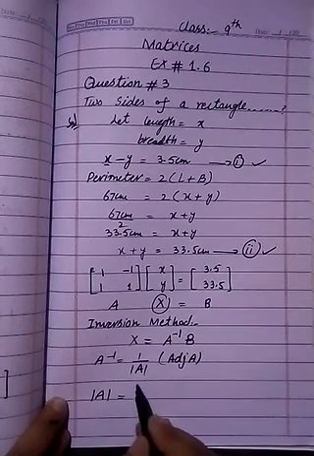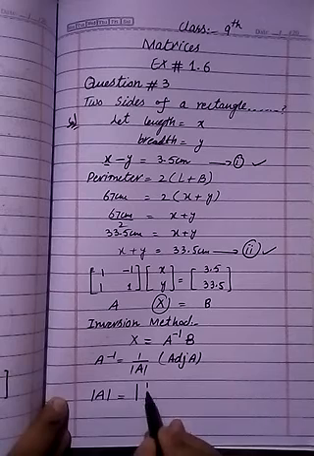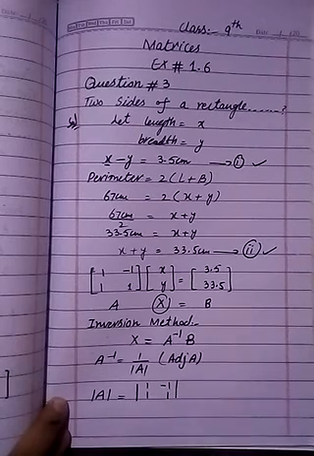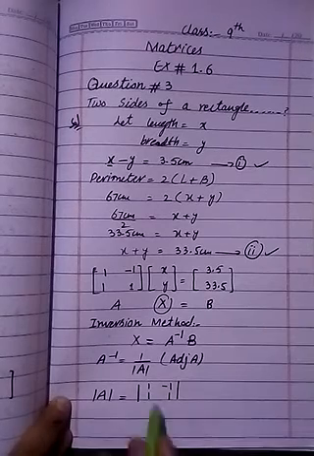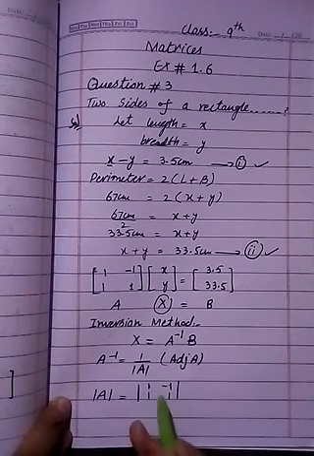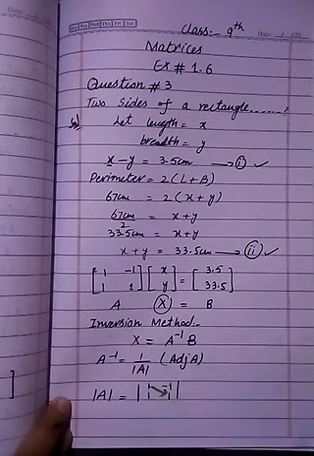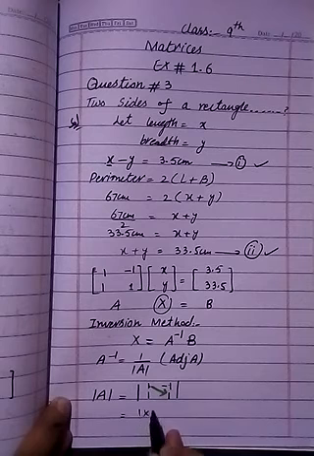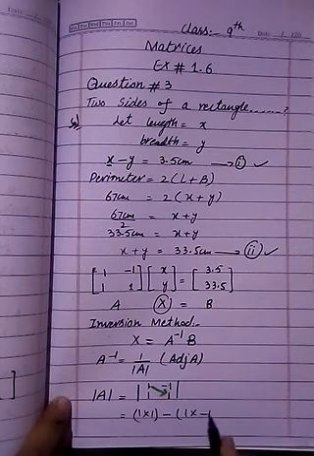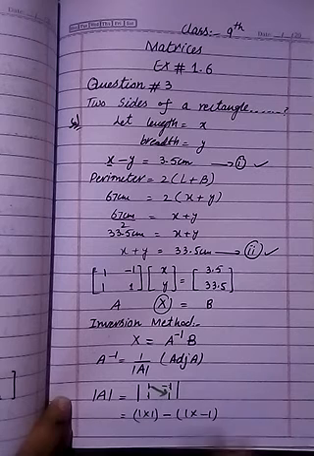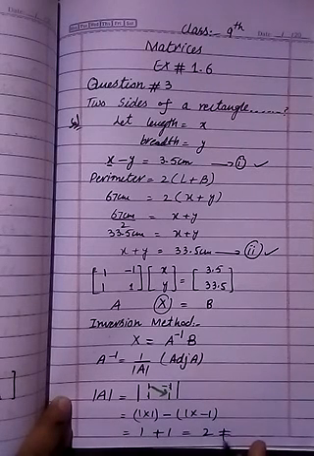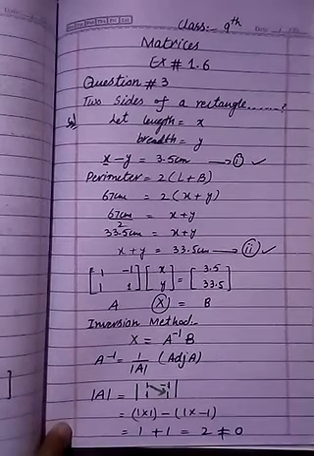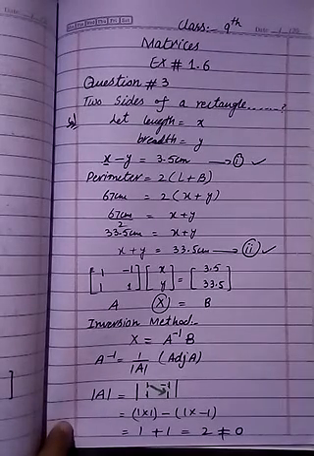First of all, you can write the matrix in determinant form: 1, 1, minus 1 and 1. You know that here, first entry, second, third and fourth. First entry multiplied by fourth entry, so 1 multiplied by 1, and in the determinant a minus sign is used. So 1 multiplied by minus 1, second entry multiplied by third. So its determinant is 1 plus 1 equals 2. It means it is not equal to 0, so it is a non-singular matrix. It means further steps can be applied here.